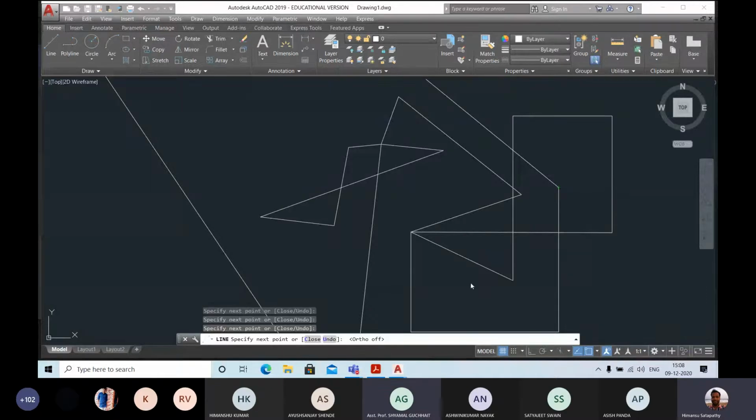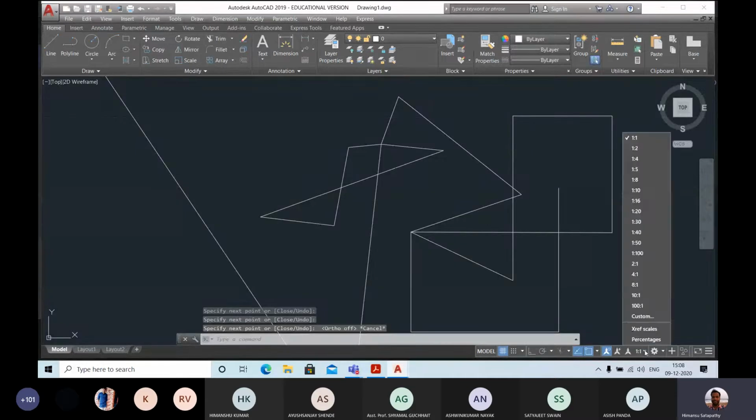Okay. So this is your setting shortcut key, and here you can find the scale option. By default, AutoCAD has a 1:1 scale, because whatever dimension we are providing, the object size, imagining the object size, is also equal. So we can mention 1:1. If you want to reduce the size, there are reduction scales. 100:1, 10:1, 8:1 means the drawing is 8 times bigger than the actual size. If you draw 1:10 means the actual size is 10 times bigger than the drawn size. So these are the scales we can provide.